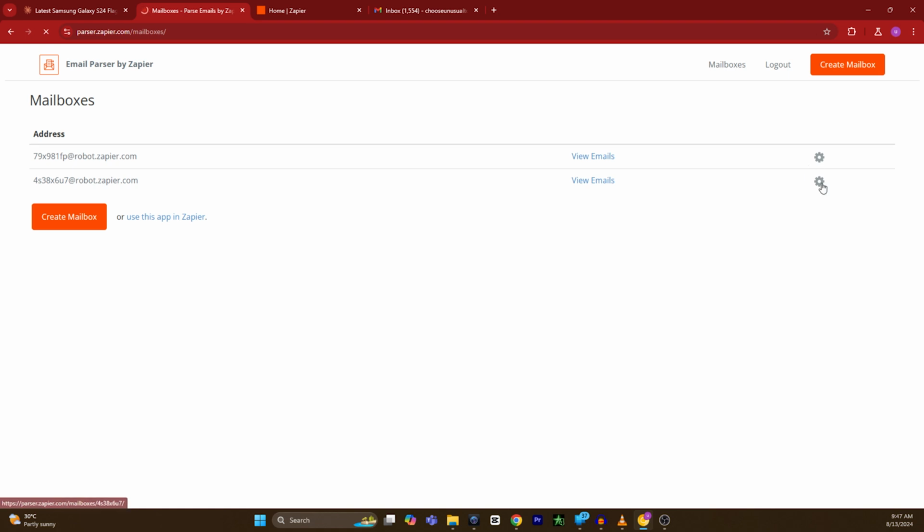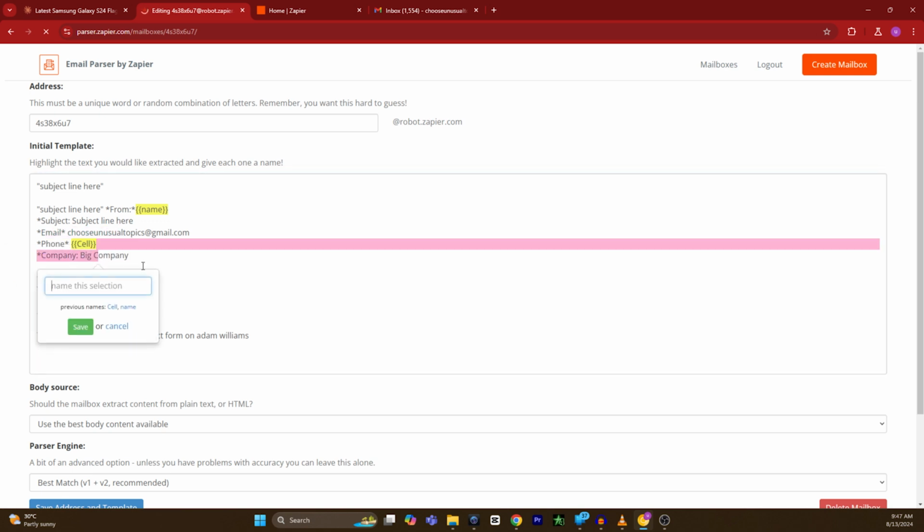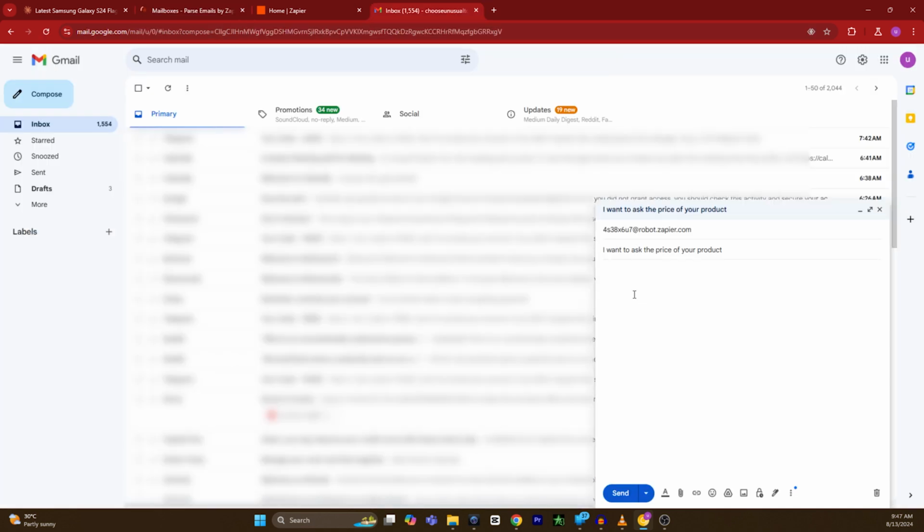I will click on the settings to show you my template, and here you can see all the details of my template. I have created the name, the subject line, the email, phone, company, and the message. Now my Zapier email will parse any email sent to this address according to the exact same settings that I have made. So if I go to my Google email and send a mail to my Zapier email to check